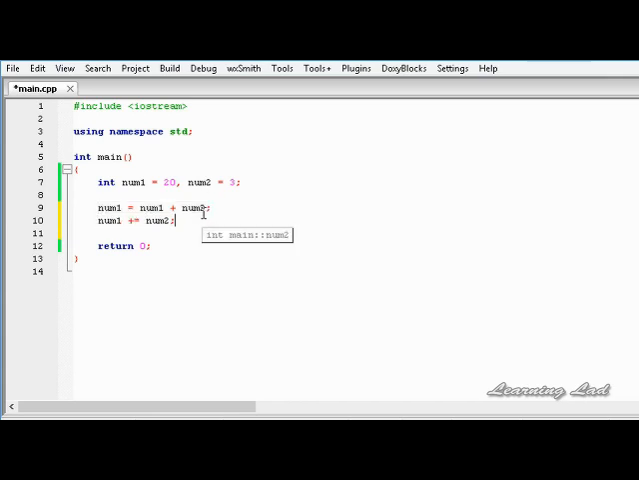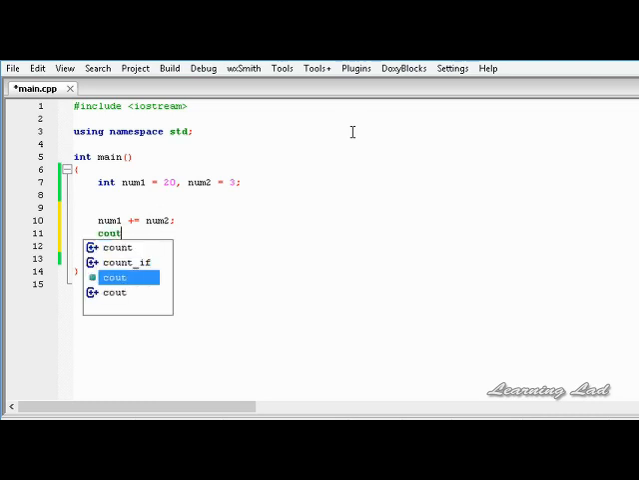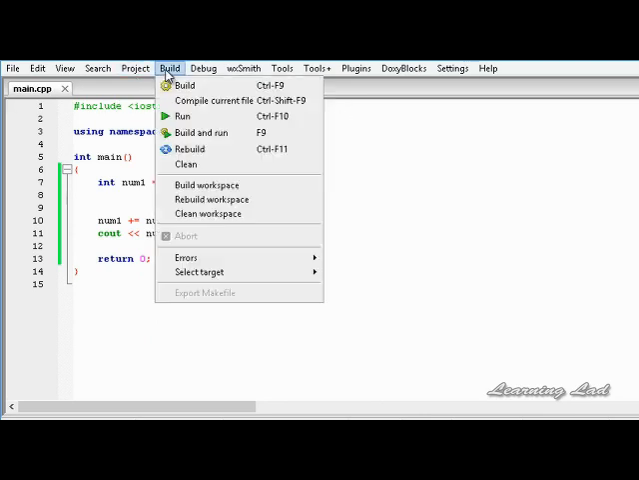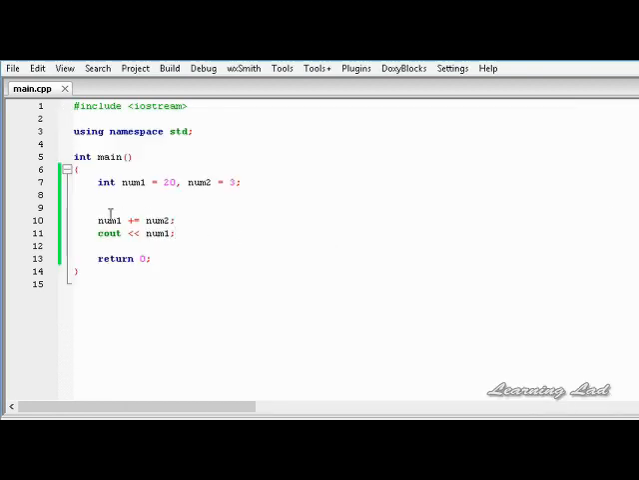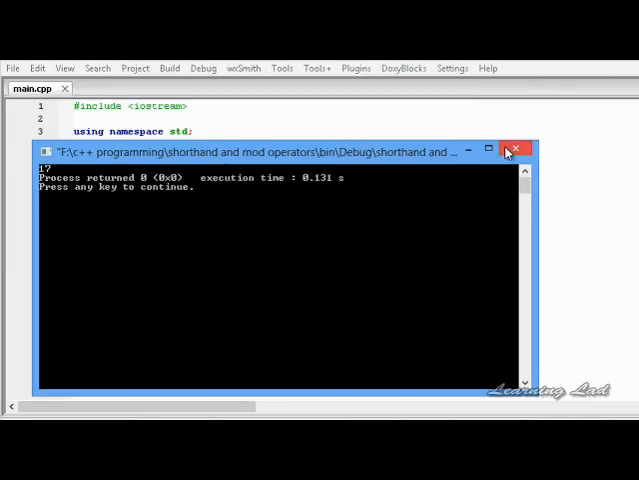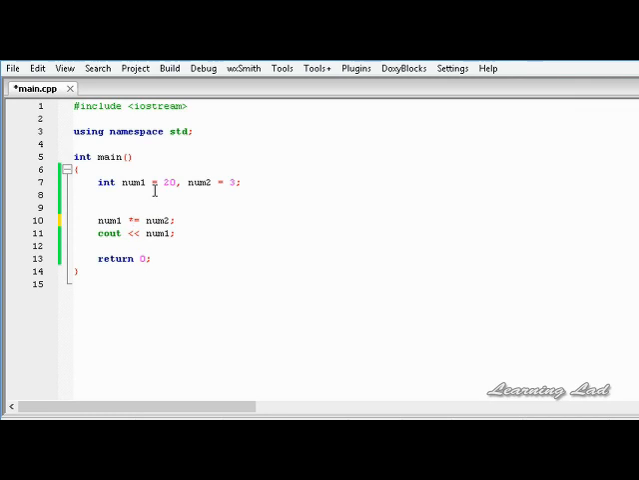Alright, so just to demonstrate it, I'm gonna print out the value, and I'm gonna remove the previous statement, and it's gonna be cout num1. I'm gonna save this, build and run. Alright, 23. And similarly, if we use this minus equal to, then it's gonna be num1 equal to num1 minus num2. Build and run, 17. And similarly for multiplication, num1 star equal to num2. Build it, save it, build and run,